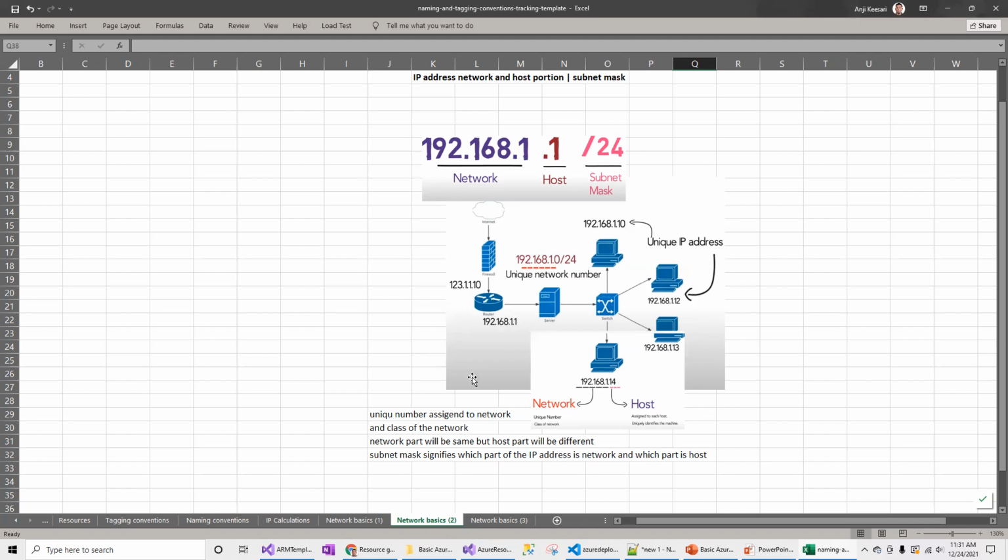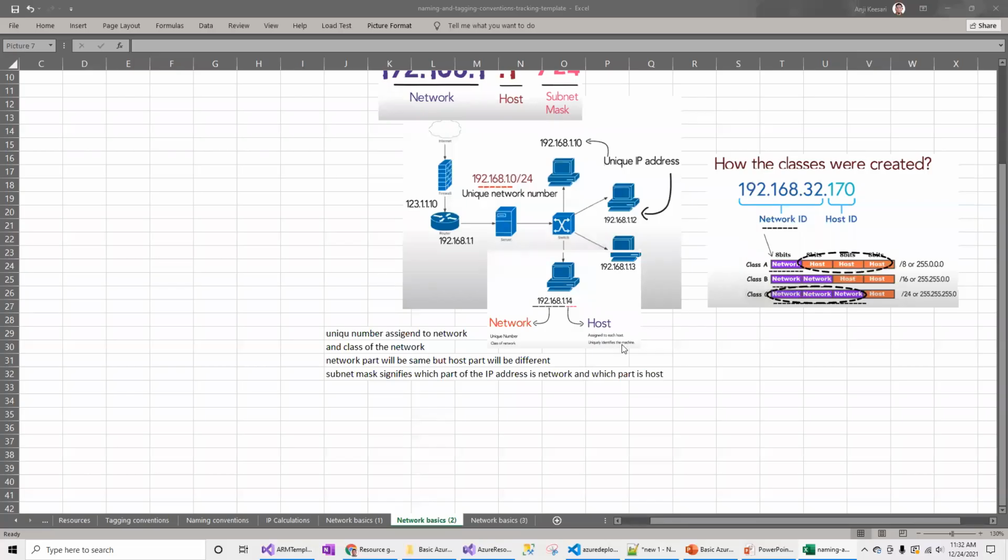Let's say this is my corporate network having this IP address, and I will have the firewall or the public IP address or the load balancer as the entry point to this subnet. And you see, I have separate services or separate devices. Each device is assigned a unique number in it. Each unique number can take its value from the last segment of the IP address.